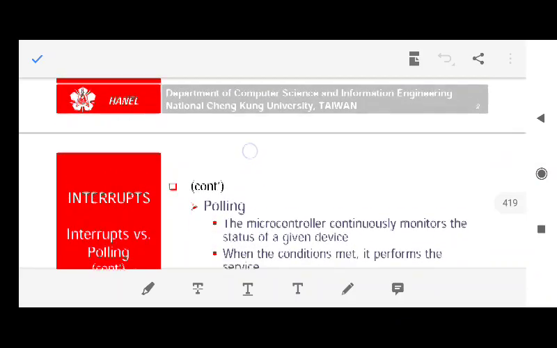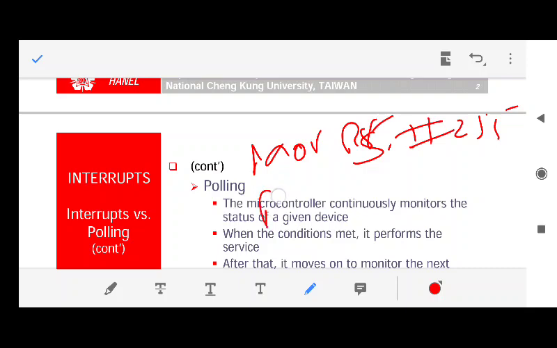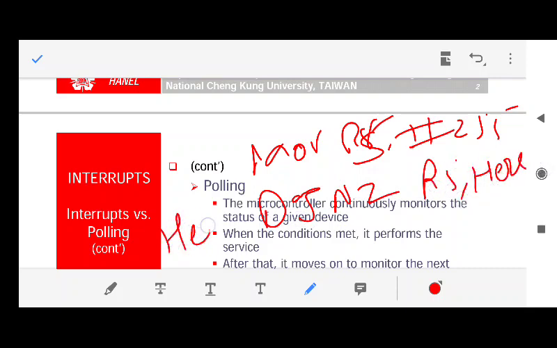You are loading a register, R5, with some value, let's say 255, and then you are waiting to see whether the value becomes 0 or not. How are you doing that? You are writing the instruction DJNZ, decrement and jump if non-zero, R5, to here, the same line. So please try to understand what you are doing here.